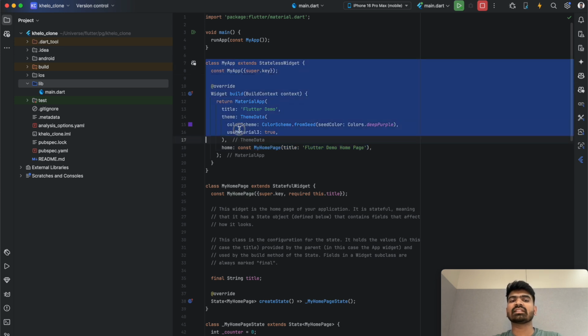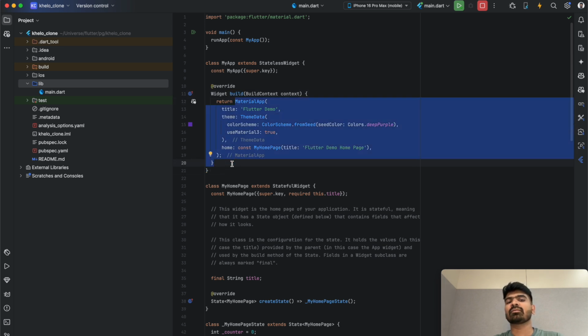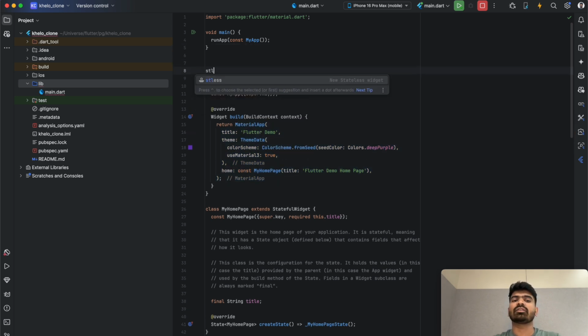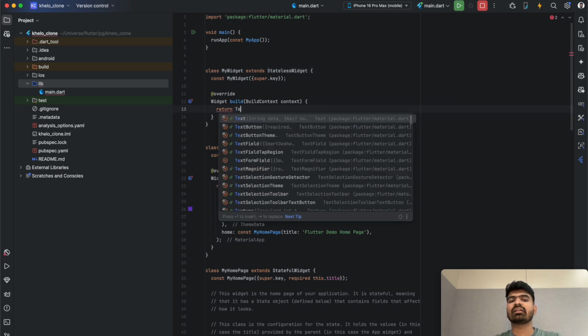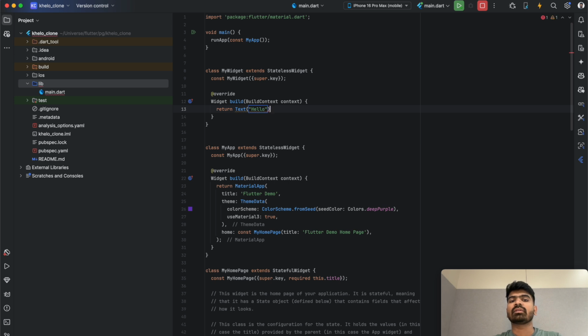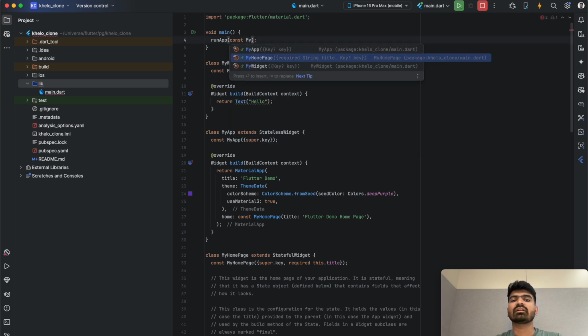But what we are saying is like this, anything that is part of this widget will not change. So what do we have here? If you want to build any widget in Flutter, then you need to implement this build method, and from there you need to return the widget tree that you want to render for that widget. Suppose I create a new stateless widget and I call it my widget, then it is basically a very empty placeholder, and I just replaced it with hello, and let's see if we can put it here and